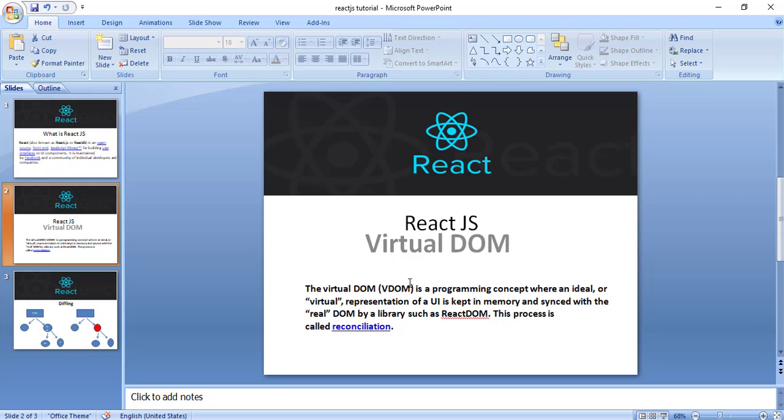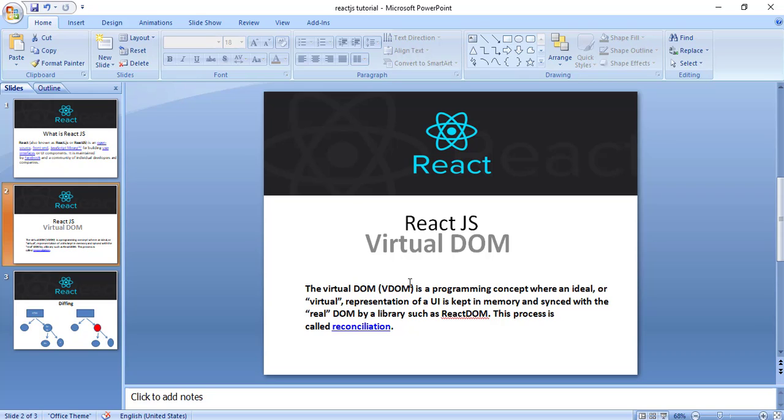Friends, like the HTML document object model, React.js creates another document object model which is known as virtual DOM.